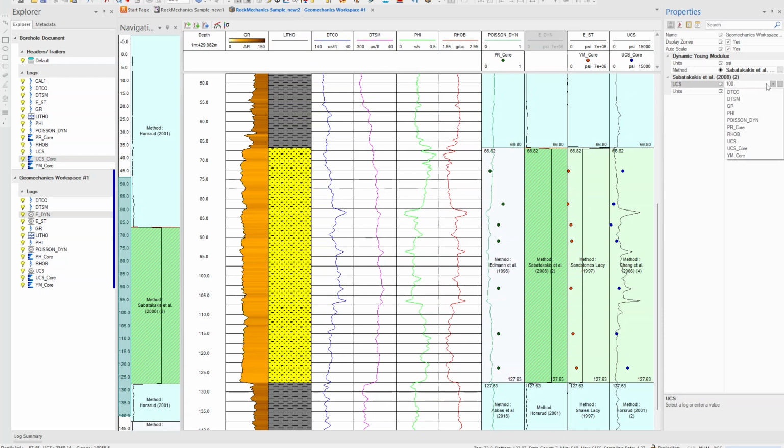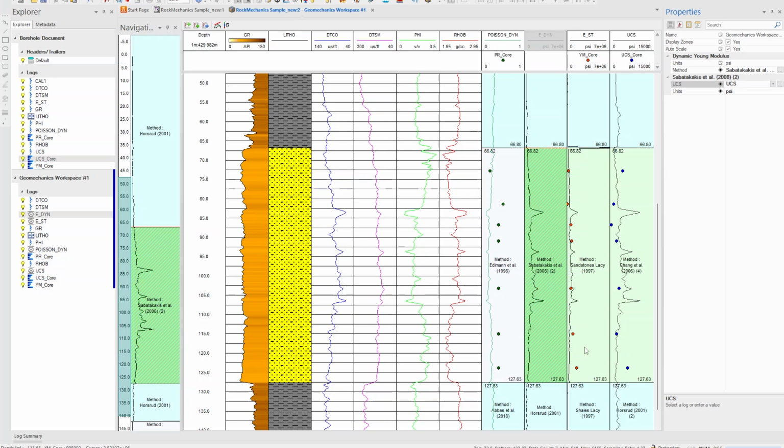We select the UCS log and check this. We have a nice fitting except perhaps at this point. The static Young's modulus is then properly calibrated and the UCS is properly calibrated.